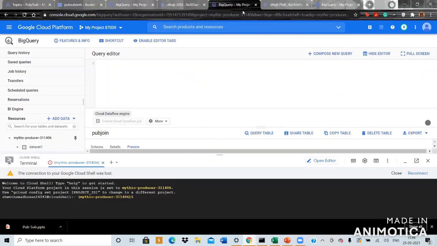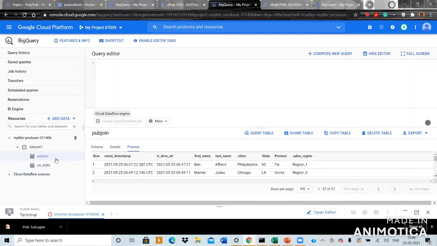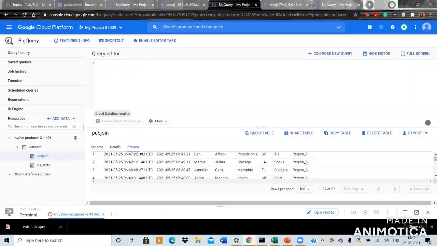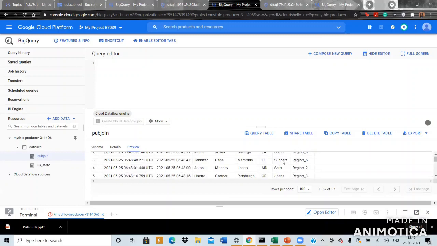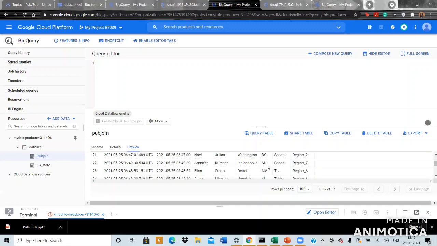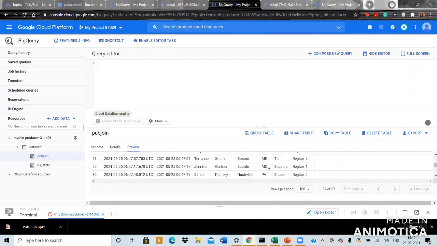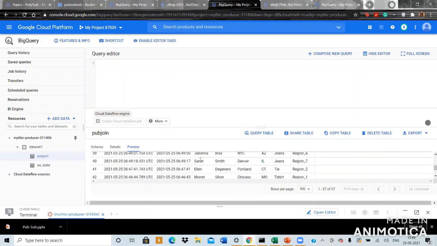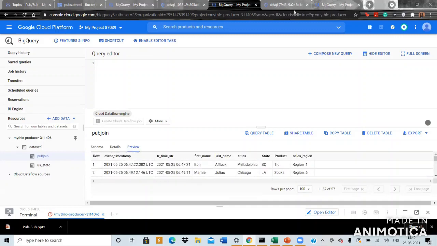It still takes some time for this to spin up, so I will show you something that I ran previously. I ran the same code earlier, and this is the output I got. I got the timestamp, the string, all of this from the data set that was uploaded, and the sales region from the historical region data. You can see that both have been uploaded here. It takes a few minutes for this to happen. So this is what we did in the afternoon.